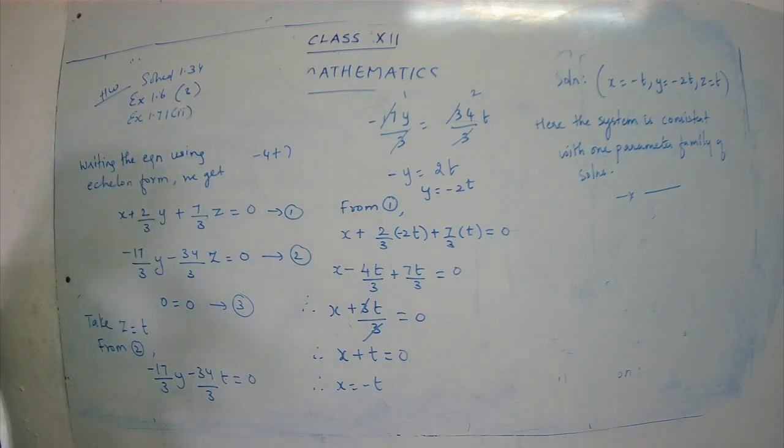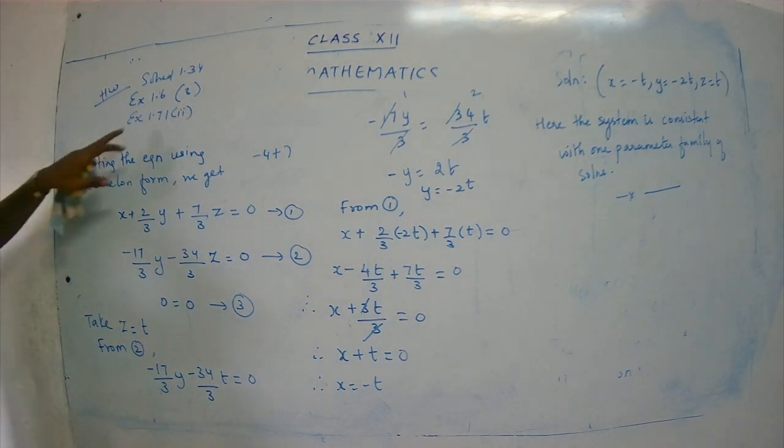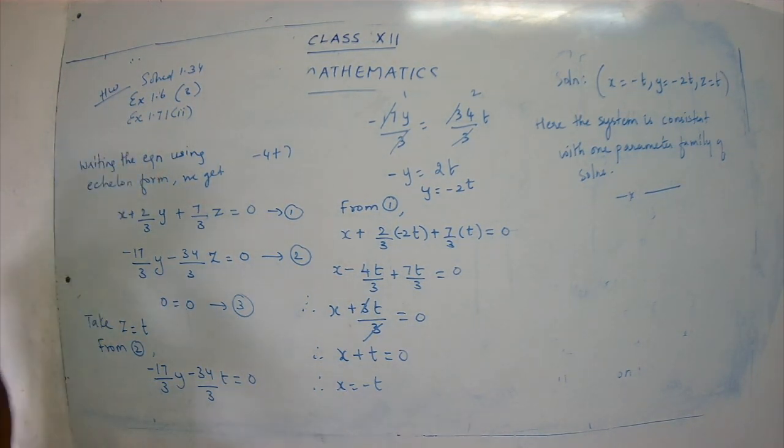Can you try out the sum, children? I have already explained to you the 2 cases, yes? So you have to follow the two cases and get the answer. So complete exercise 1.7, question number 1, second subpart. And we have two more sums left over here, the second and third sum, which will be done in the next class. So we stop over here, children. We'll continue the sum in the next class.